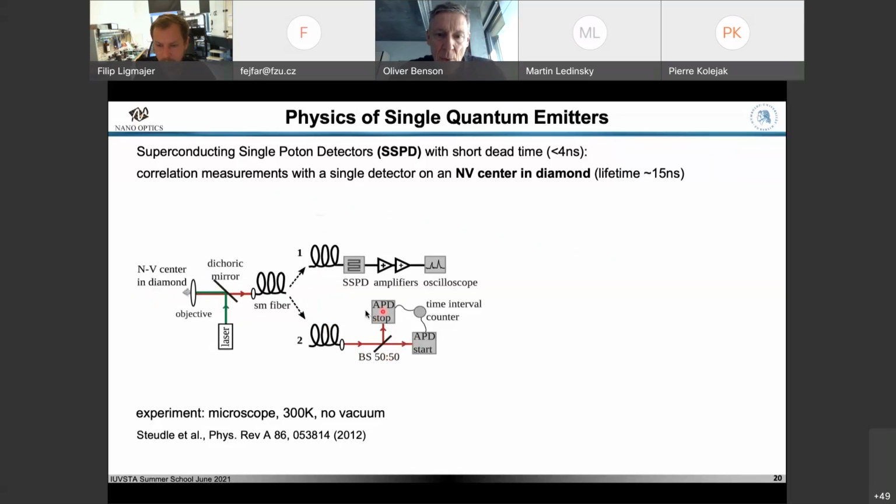And this one was the standard Hanbury Brown and Twiss experiment. So we sent the photons to a beam splitter. Half of the light went up, half of the light went to the right, and we measured these coincidence counts. However, the other configuration was we just had a single detector here, and it's a special detector with a very short dead time, a superconducting detector. And we just recorded the clicks when these clicks happened.